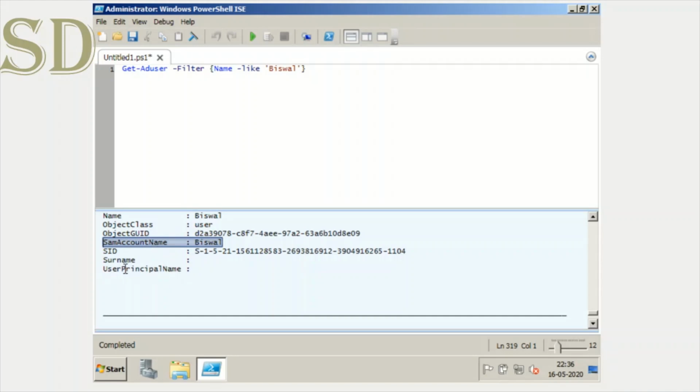User principal name is the basic thing. In most companies this is used as an email address for the user, but there is also an attribute in AD, the attribute editor, which is email address. Some can use that, and if you don't want to use email address, you can use user principal name. It is all up to you.